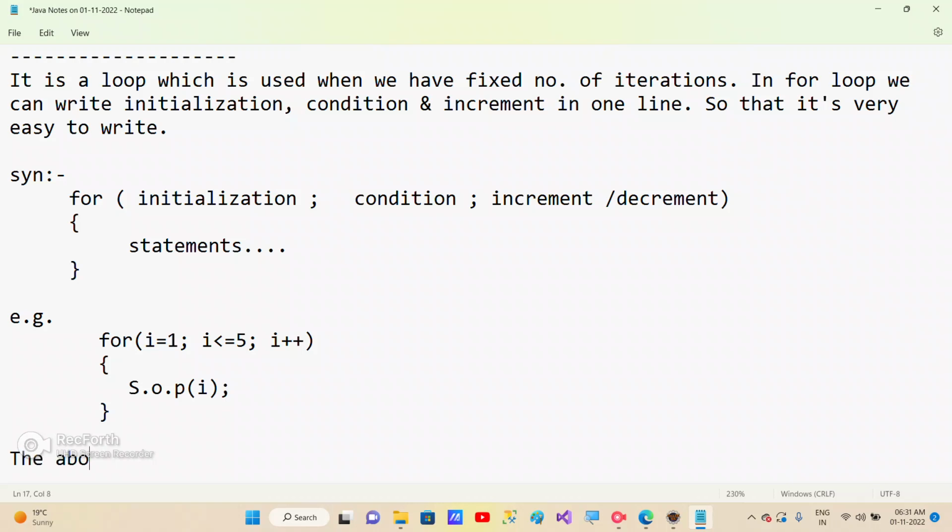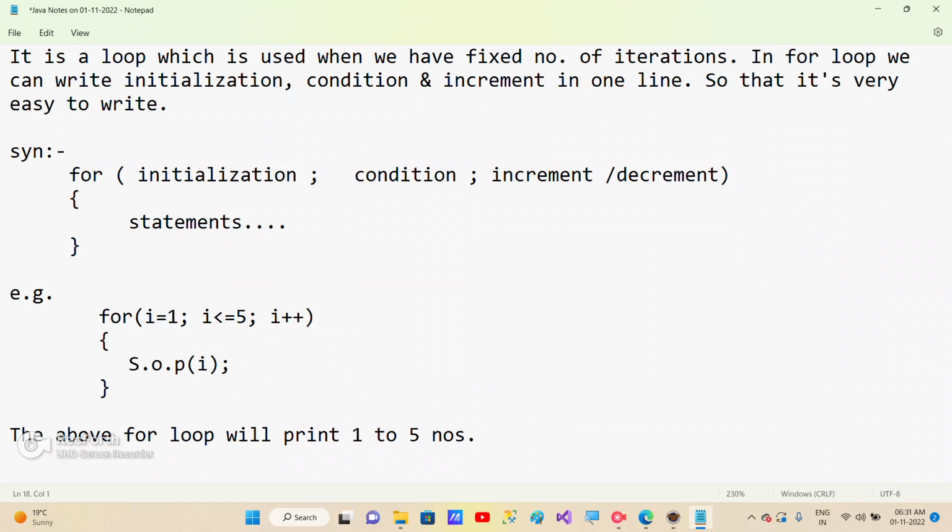Okay. So, the above for loop will print 1 to 5 numbers. Okay, and what is the extra feature in the for loop? We can also declare a variable inside the for loop. But we have to remember, if you declare any variable inside a for loop,